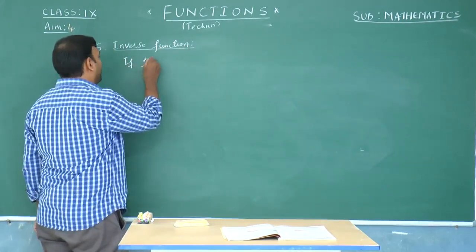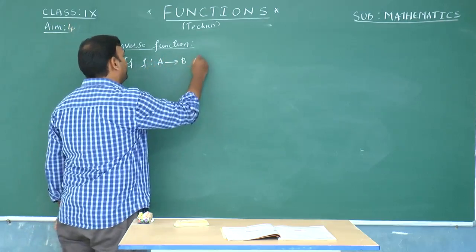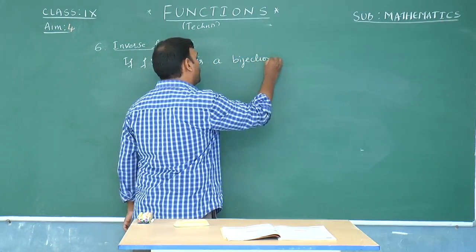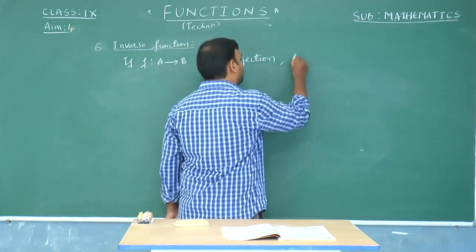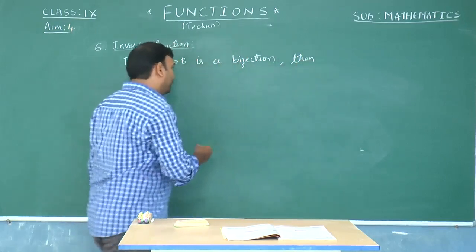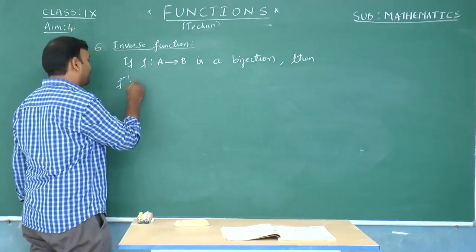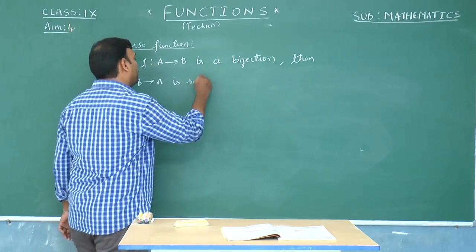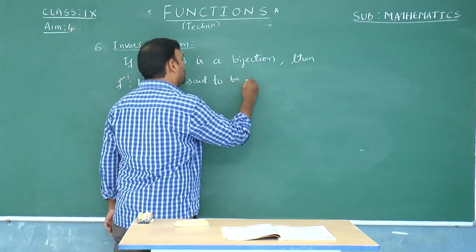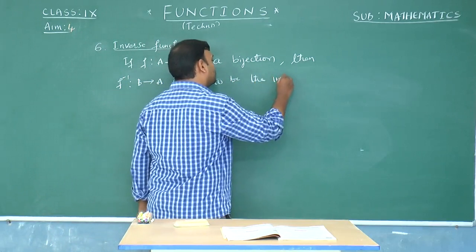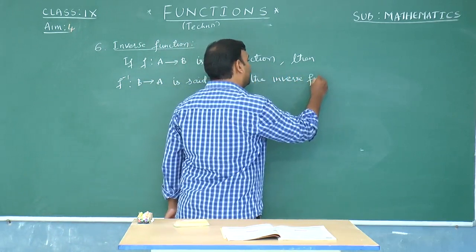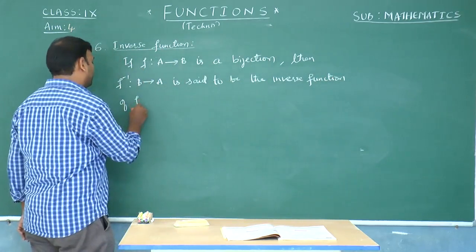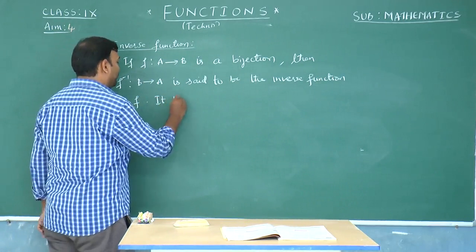If f maps A to B is a bijection, that is, if it is both one-to-one and onto, then the inverse of the function f, indicated by f inverse from B to A, is said to be the inverse function of f. It is denoted by